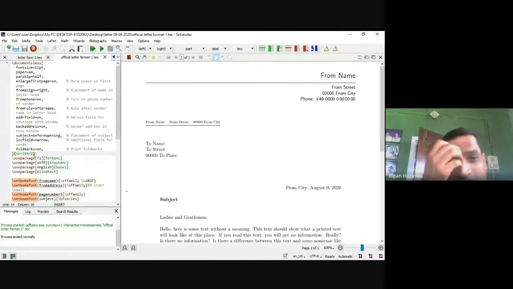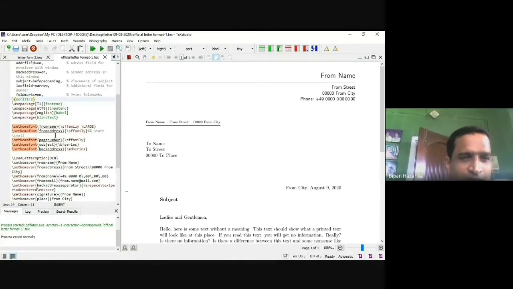You can write letter only, no problem, because in the LaTeX software everything is already put. If you write letter here, that means your document class is letter. So what you have written within that document, between begin document and end document, will be in different formats. Your format should be in the letter form. So that means this is a pad, an official pad style.